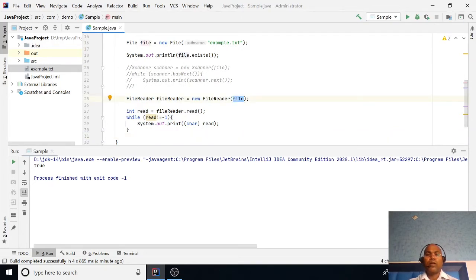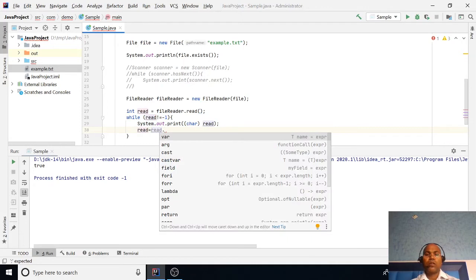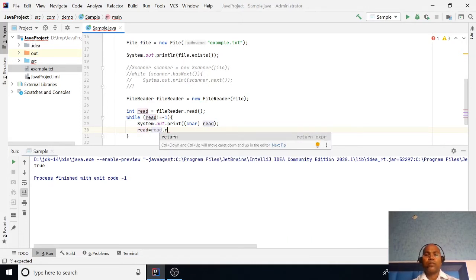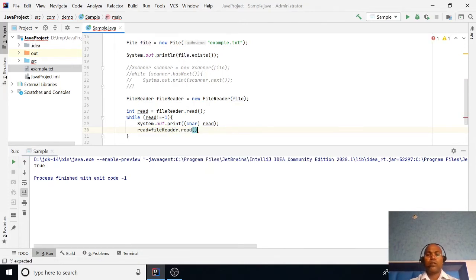While read is not equal to null, we again read with fileReader dot read.